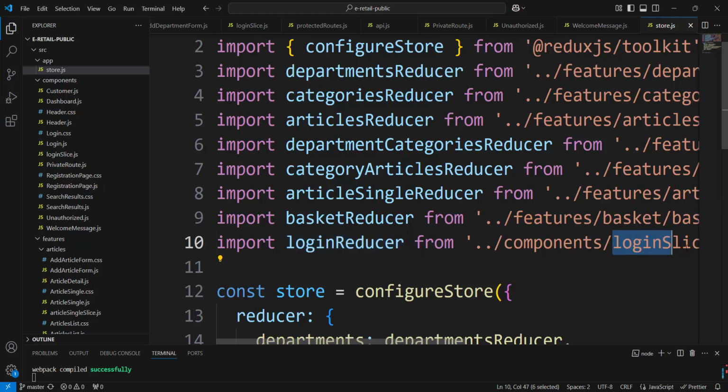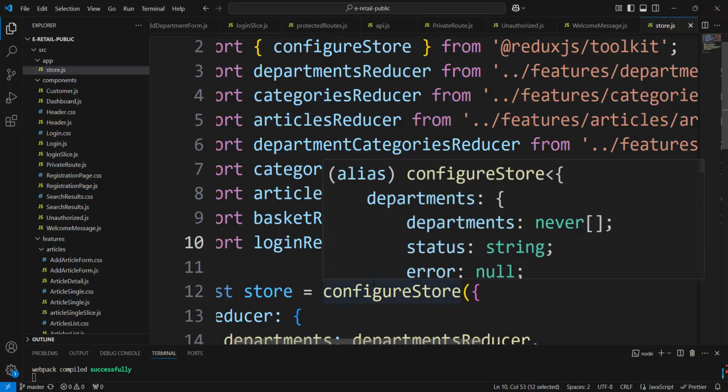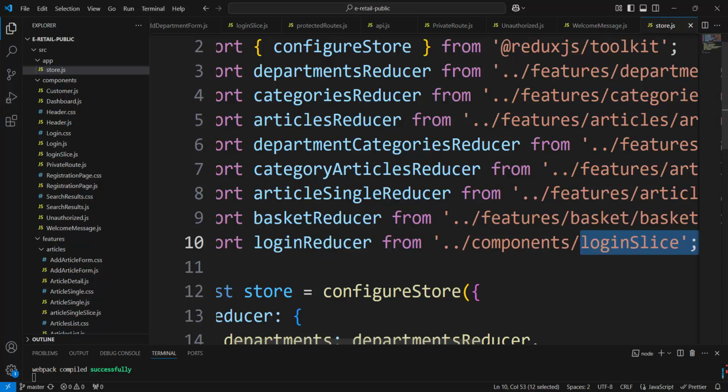You see, the login reducer comes from the login slice. All about login I put in the components folder, which is good for orientation. Like all about articles I put in the articles folder, all about departments in the department folder, etc. Back to